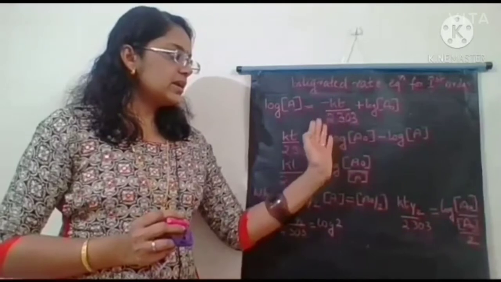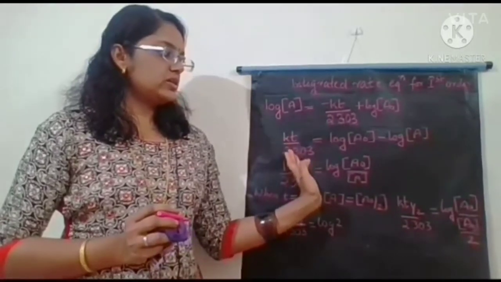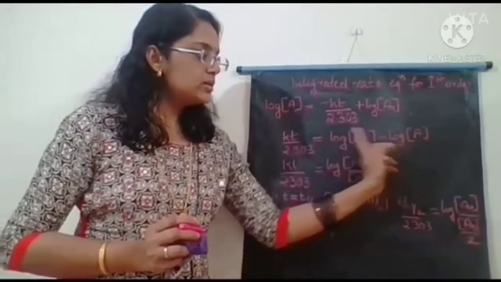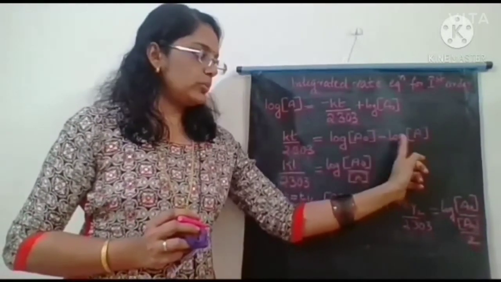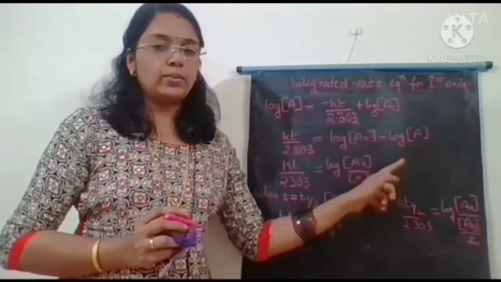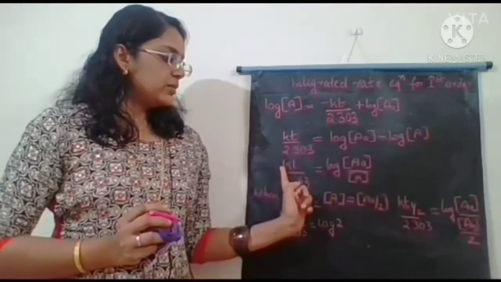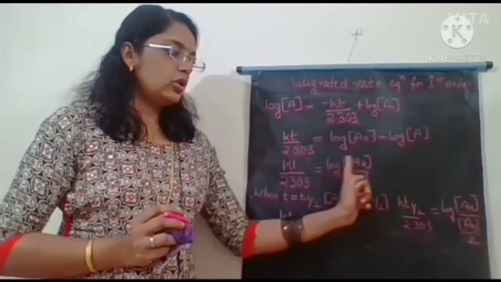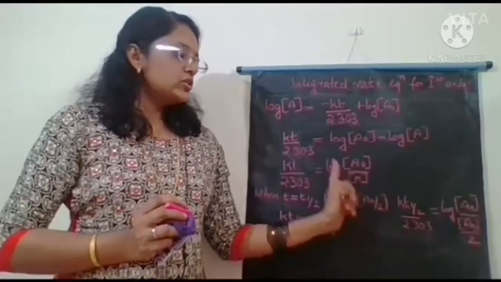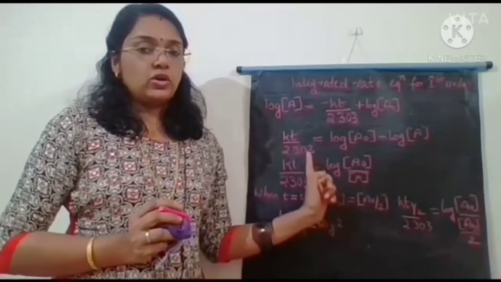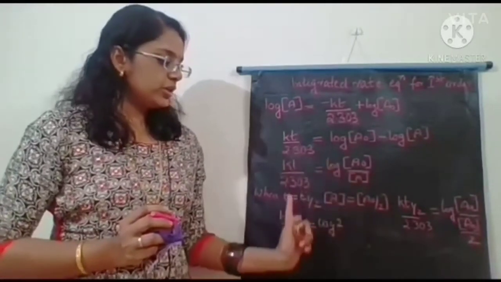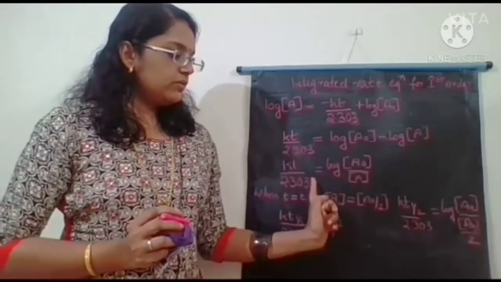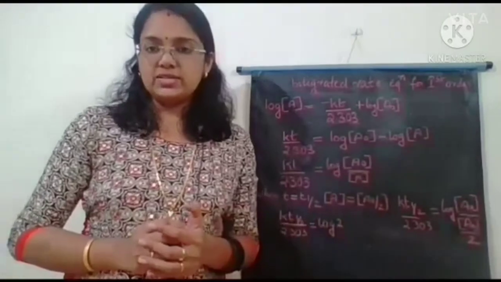On rearranging, we get Kt divided by 2.303 is equal to log A0 minus log A. This is in the form of log A minus log B, that is log A by B. So Kt divided by 2.303 is equal to log of A0 by A. This is the integrated rate equation of a first order reaction. On rearranging, we can write K is equal to 2.303 divided by t into log of A0